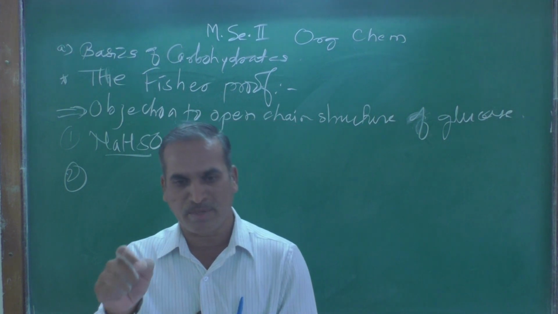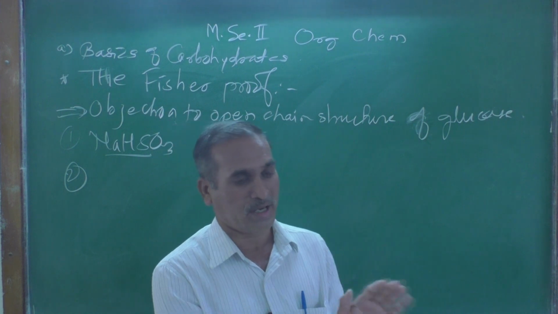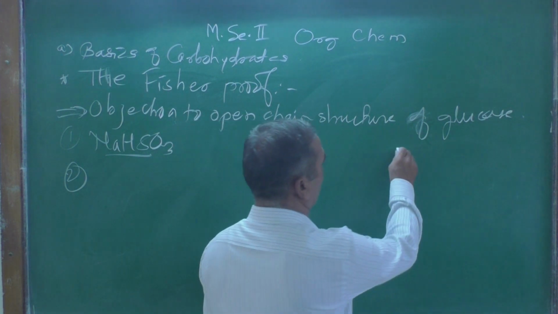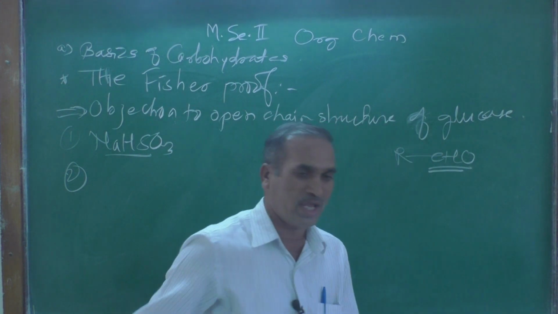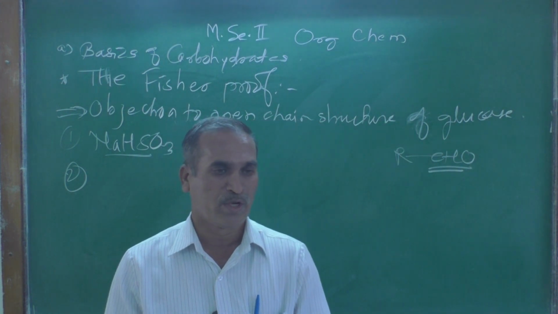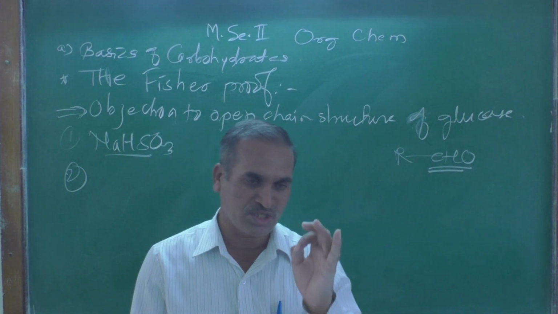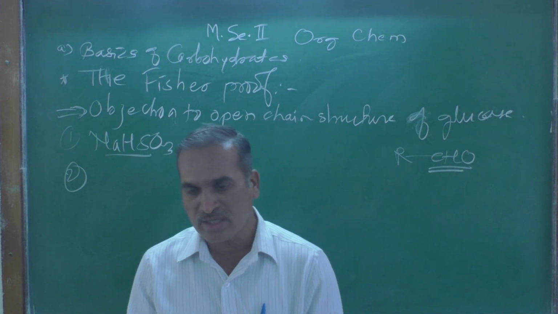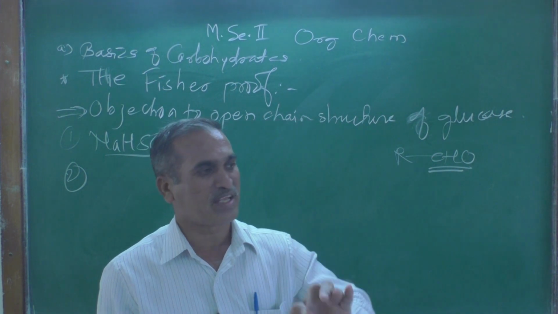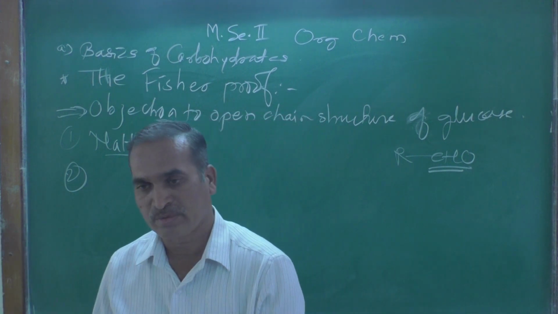As we know, the general formula of an aldehyde is RCHO. When it has a free CHO group and is treated with Schiff's reagent, which is used to test for the presence of an aldehyde group in an unknown compound,